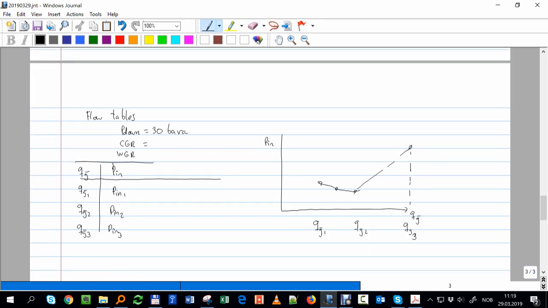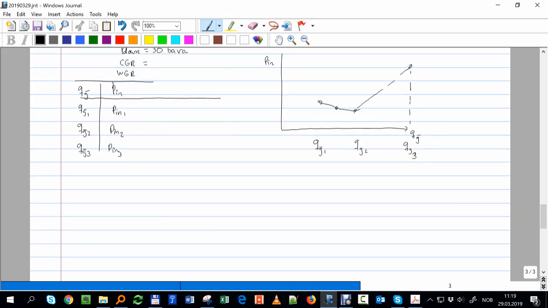Now, for the most general case, the P downstream is not known. And that is true, for example, when we talk about wells. In that case, PWH, the wellhead pressure, is not known, unless you have a separator very close or a platform well where you can know the wellhead pressure. If you have a flow line